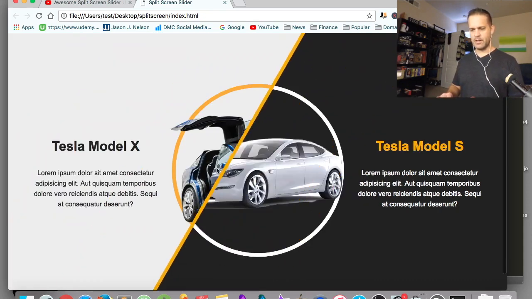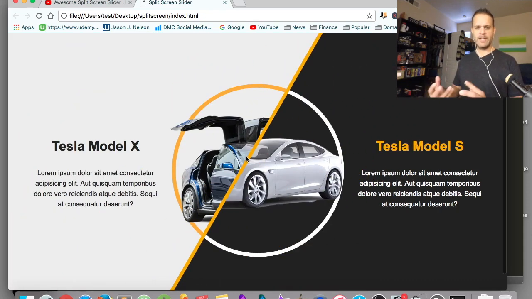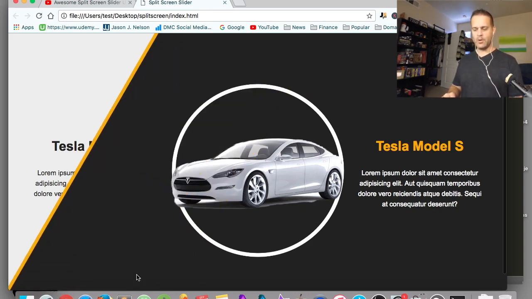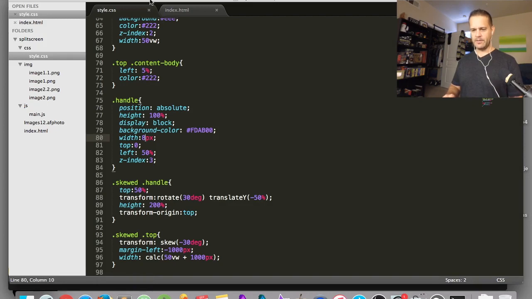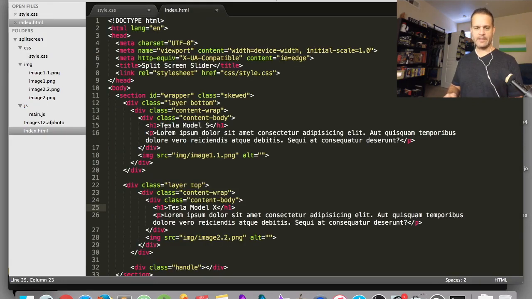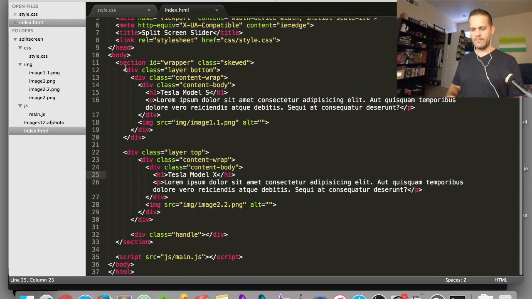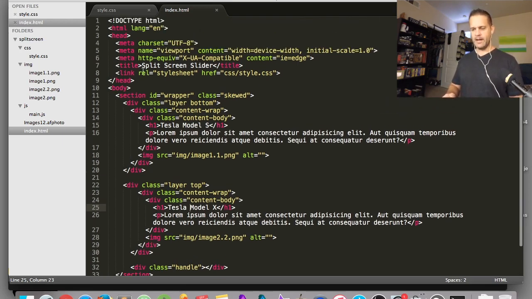So if you ever wondered how does that work? How does this stuff all come together? And how do people build websites and what is code and stuff like that? A great place to learn is right here where I can just give you the project files. You open it up in a Sublime text editor like I have here, and you can start looking at the index.html, which is basically the front page of your doctype HTML. And you can just go down and figure out what the divs are, how it's divided up, and layers and images, and see where everything is at and how it references your